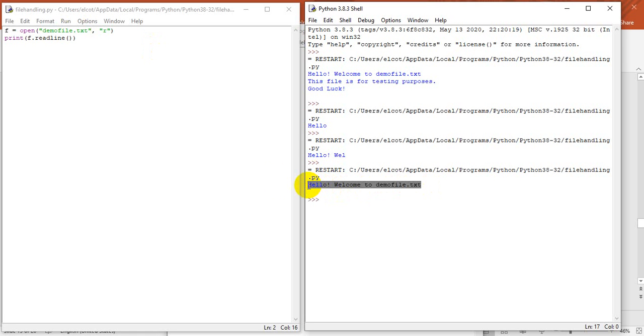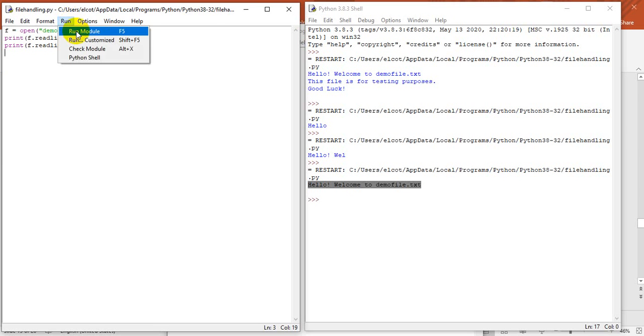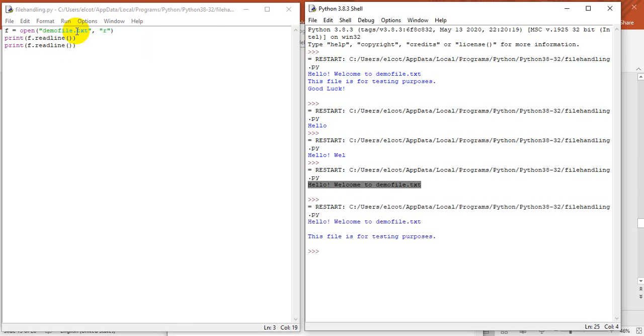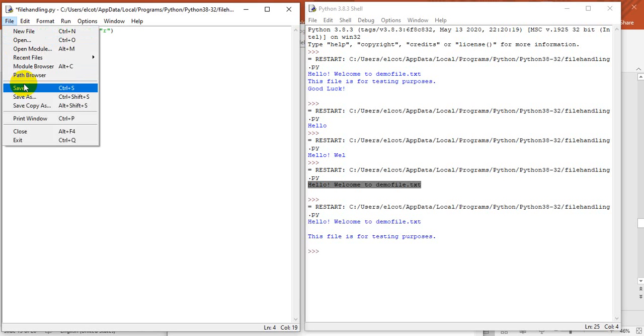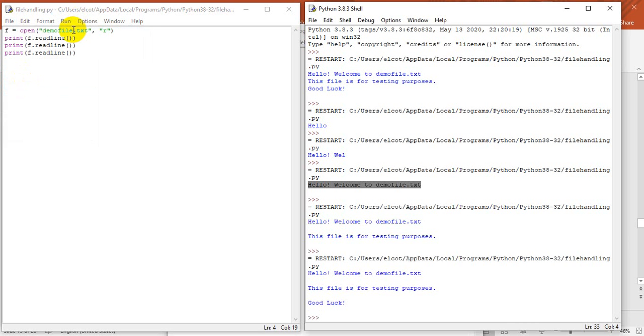If you want to add one more line, you are supposed to give another print statement. Just copying and pasting, saving the file and running the file. So now you can see the difference. This is line by line if you want to read. If you want the entire thing, you can use read. If you want to read by characters, you can give the value. If you want to go for the third line to print, you can give a third print statement, save the file and run the file. So now you can see the difference.